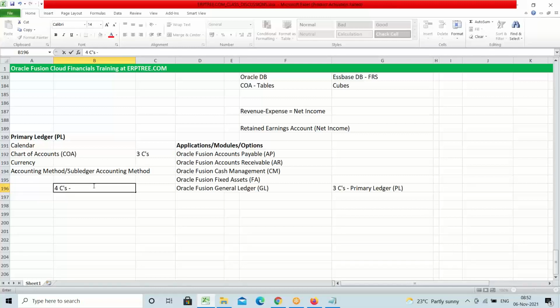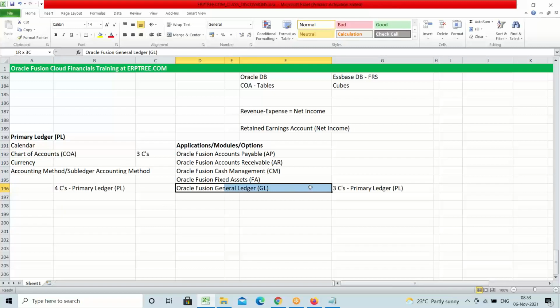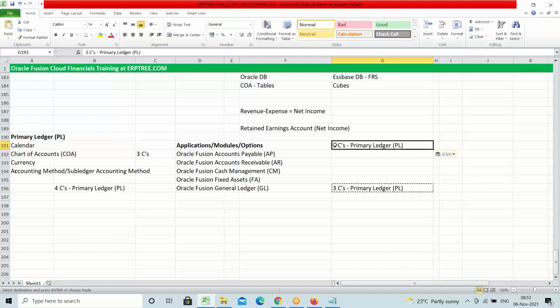With these 4 C's, you can create the primary ledger. You can create a primary ledger with 3 C's. By grouping these 3, you can create the primary ledger, or else by grouping these 4 also, you can create the primary ledger. If you create the primary ledger with 3 C's, you can record the transactions only in the general ledger. But if you create the primary ledger with the 4 C's,